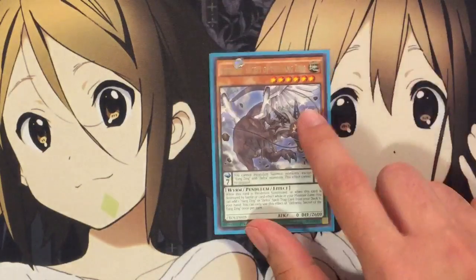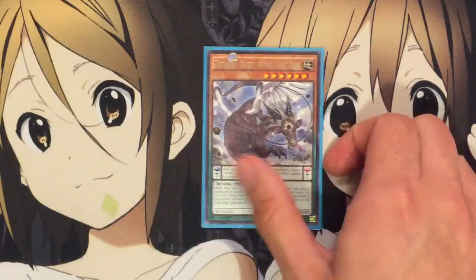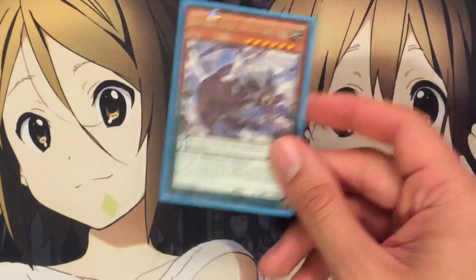And I also run 1 Zafraniu. This is one of the 2 Zing Pendulum Monsters. The monster effect is when this card is Pendulum summoned, or when it is destroyed by battle or card effect while in your monster zone, you can add 1 Zing or Zephyr spell or trap from your deck to your hand. You can only use the effect once per turn. So it's a good path search. If you special summon it out, then it's destroyed, you can get Path to use next turn